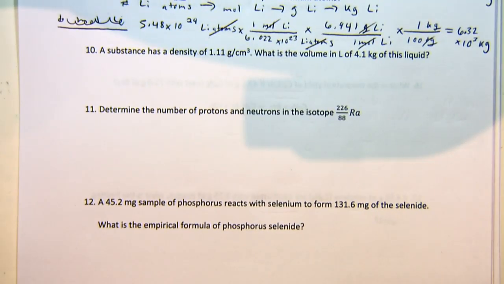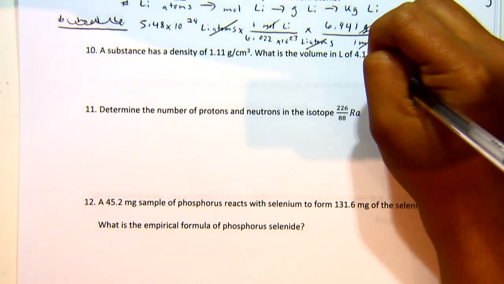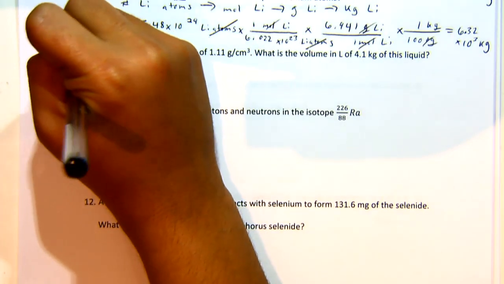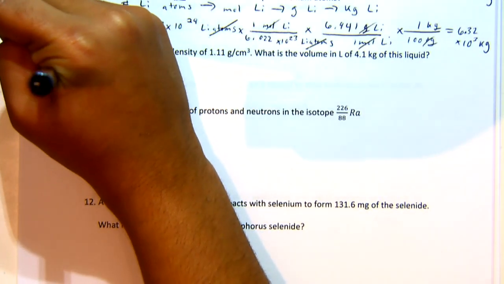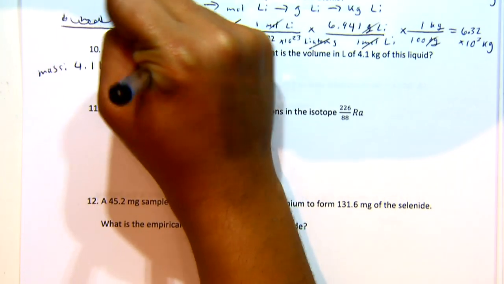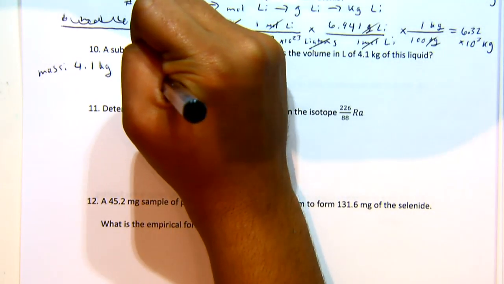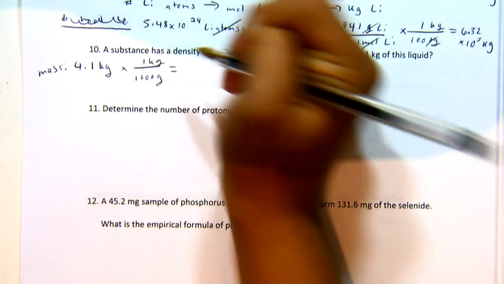Great. So a substance has a density of 1.11 grams per centimeter cubed. What is the volume of 0.41 kilograms of this liquid? Once again, this is just you thinking about density and what units you should be having. So we know we're going to have to convert our mass, which is 4.1 kilograms. We're going to want that in grams. So to convert this, you're going to divide by 1,000 grams, and